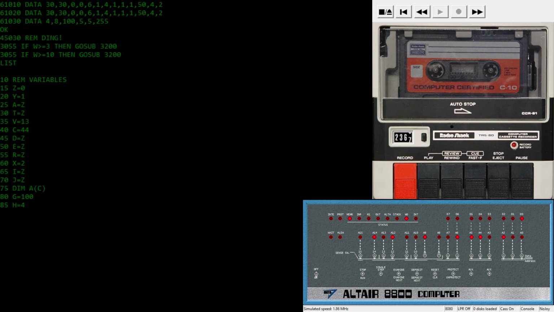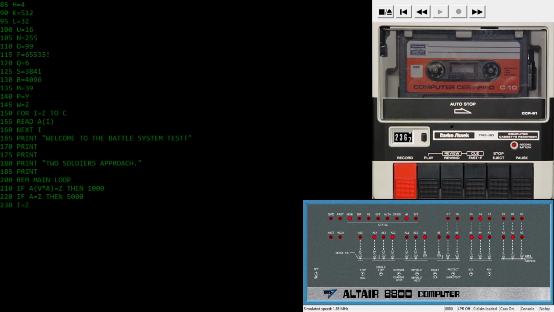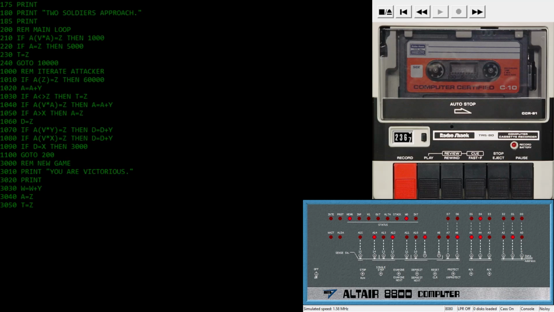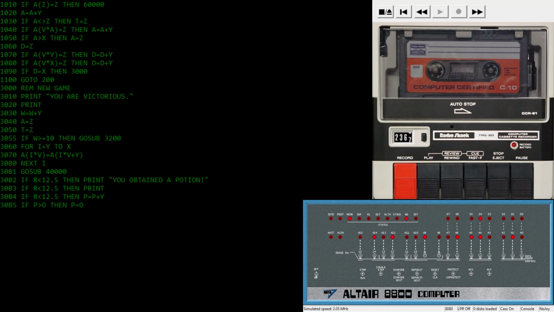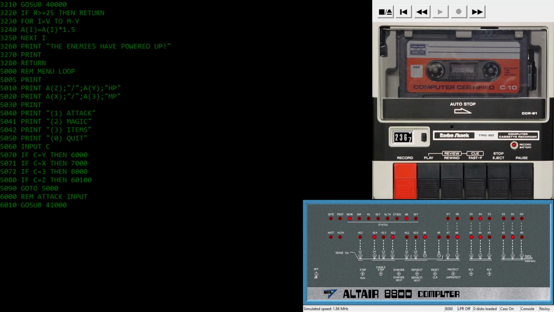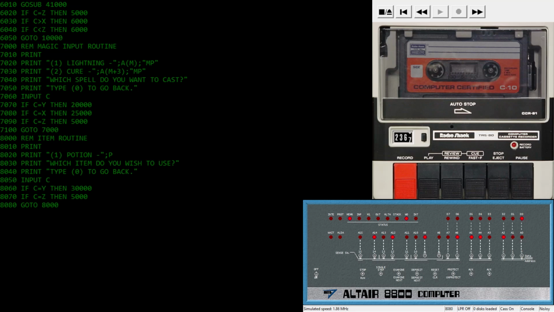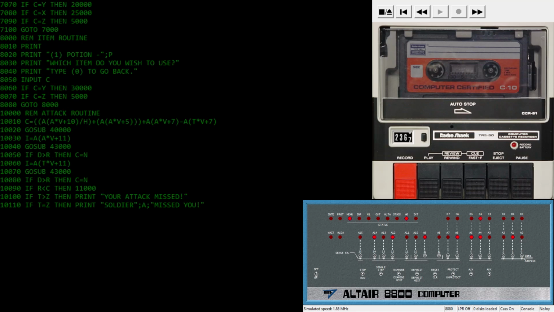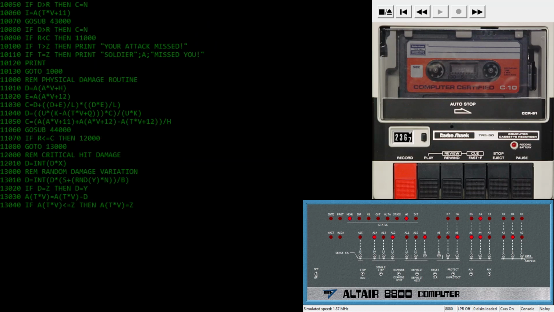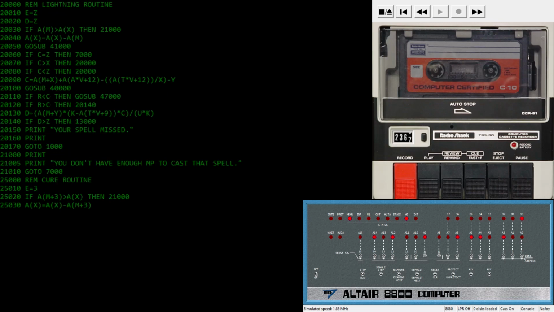So pretty much, we got our variables up here. And then our main loop. And then our attacker iterator. Then new game. And increasing difficulty. Our main menu loop. Our attack input. Our magic input. Items. Our normal, right? There's our attack routine, physical damage routine, critical hits, random damage variation, lightning routine,